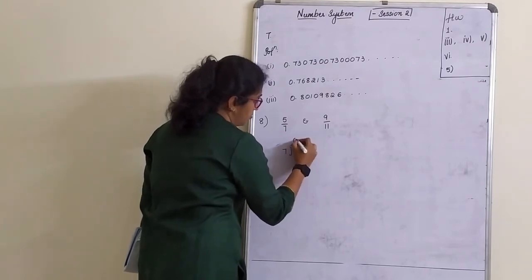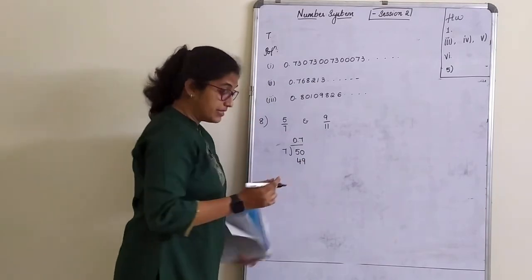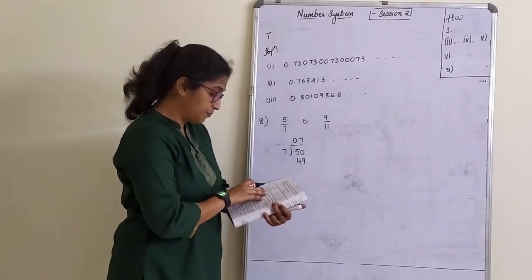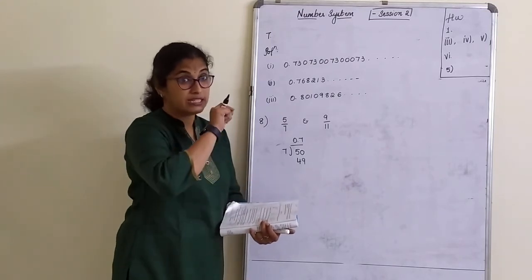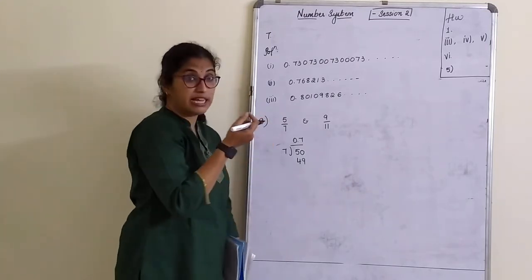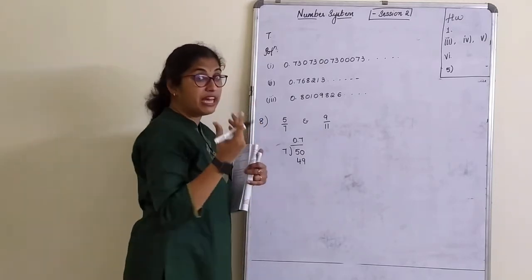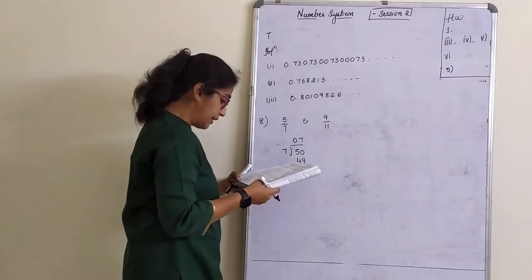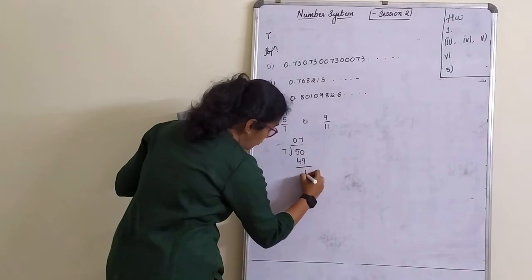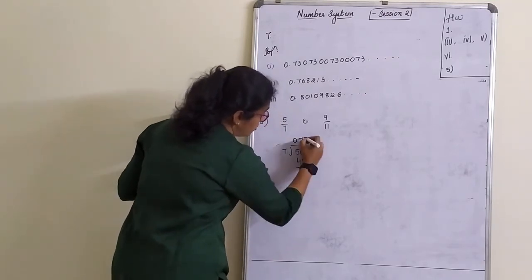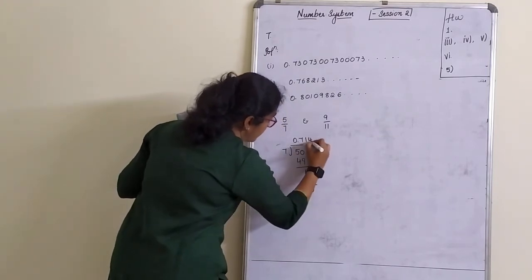0, 7 sevens are 49, 5/7, right? We have already written and solved that here. So we know what the answer is, and that it is actually non-terminating, but it is periodic. We have to stop it at one particular point. So let us write down: 49, 1 remainder, 0, 7 ones are 7, 3 remainder, 7 fours are